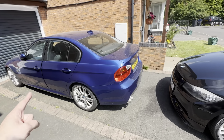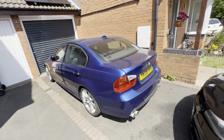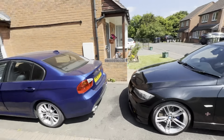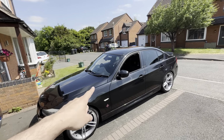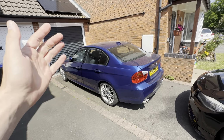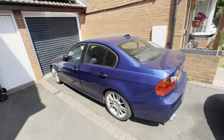So here it is, and I think this is really going to be quite a cost-effective way of doing this upgrade on my car, because I can take the sound system out of this, put it into that, and then take the bass audio sound system out of this and put it into that, replace the water pump on it and sell this on. Chances are for a profit if it's a working car, because it's actually a really good